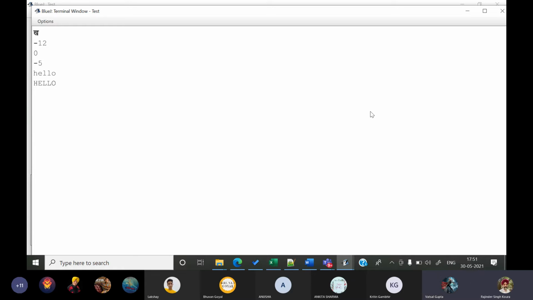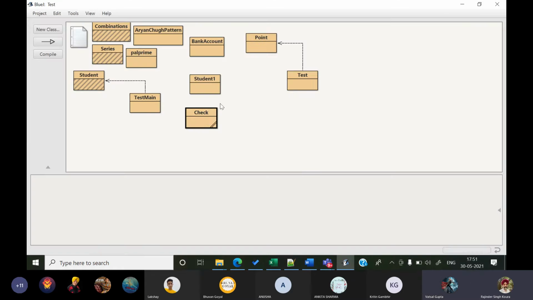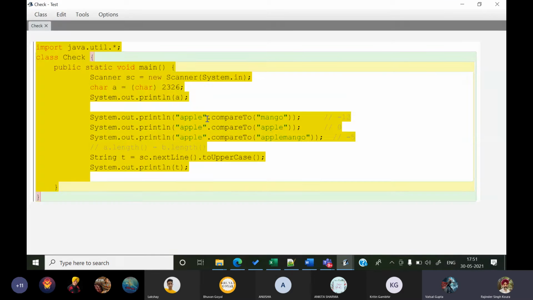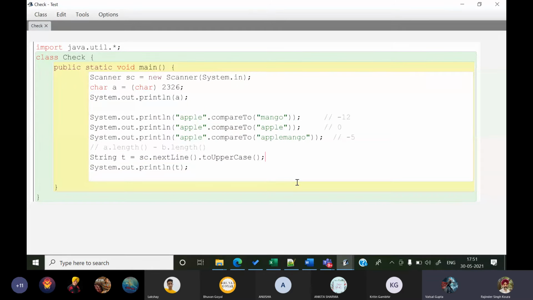Sir, can you please again show that editing terminal? Yes. I just want to see if you have. Okay, sir. So what this is going to do is take input from the user, and then whatever input has been given is converted into uppercase, and this is actually returned and stored in T. So I've written hello in small letters.